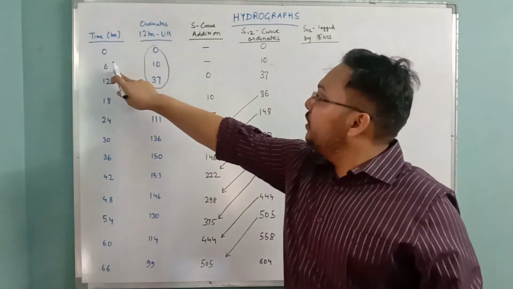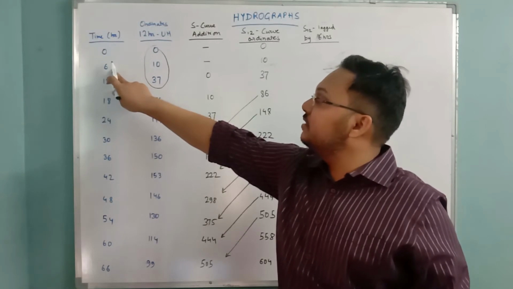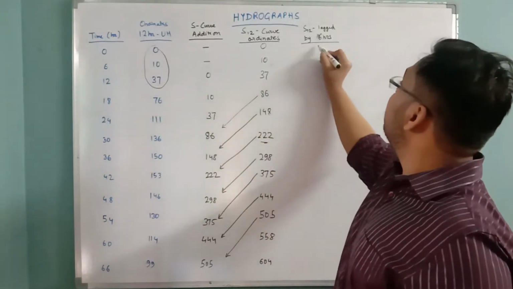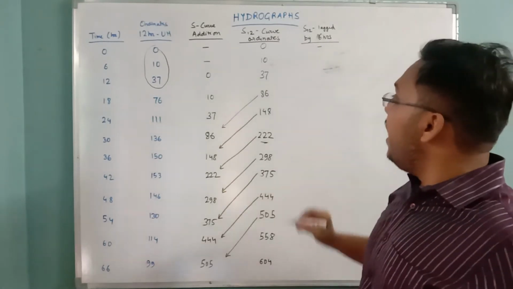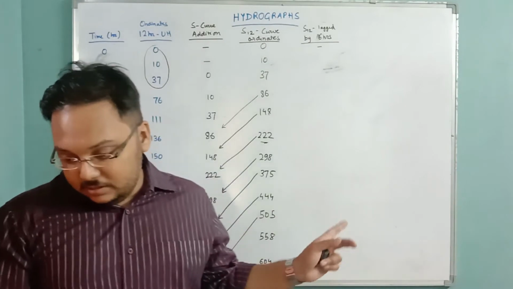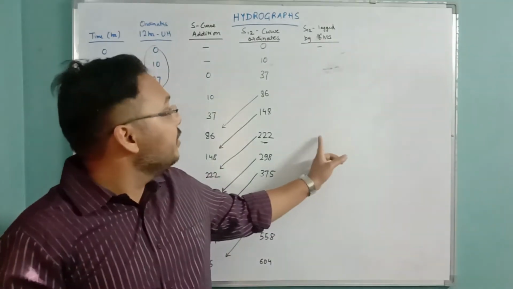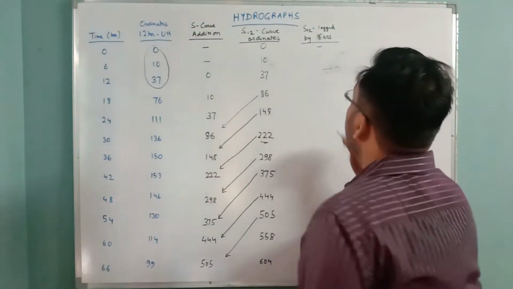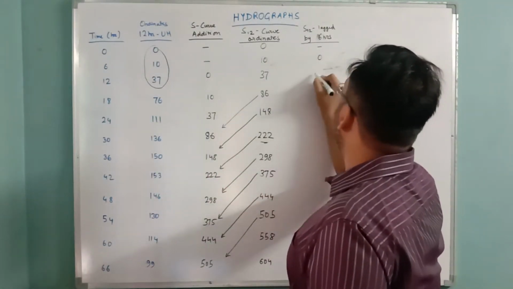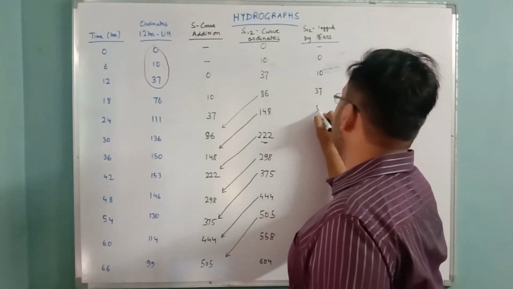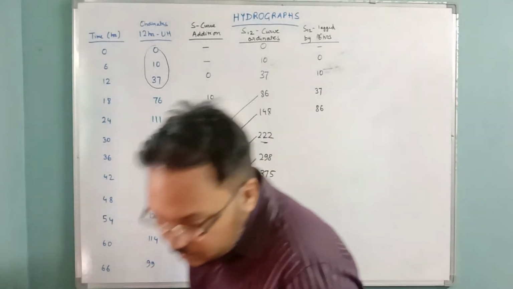So we have to start it from 6, because we are lagging it by 6 hours. So the first row will be vacant, and now we are going to write the values in this particular column. This will be 0, 10, 37, 86,